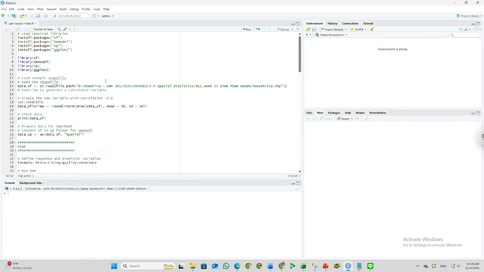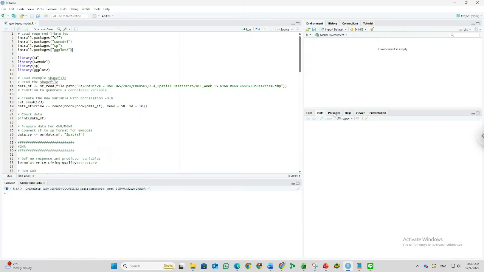For the first time, if you haven't installed these packages, you need to install them. You need to run these packages one by one. But if you have already installed all of these packages, you can skip this and jump to the 7th row.